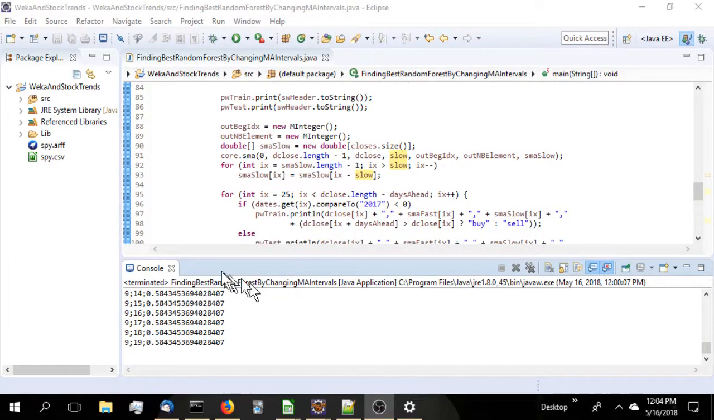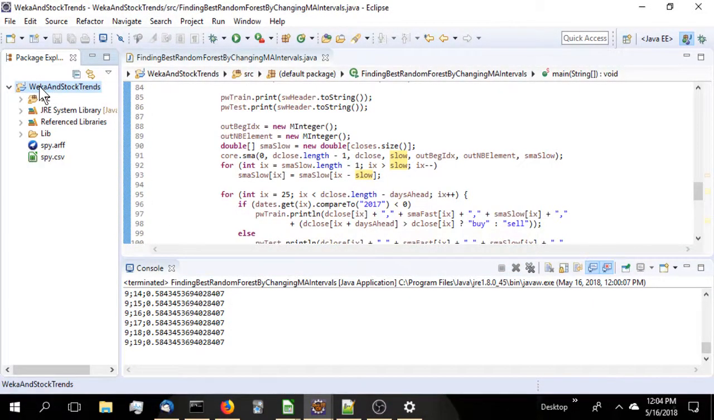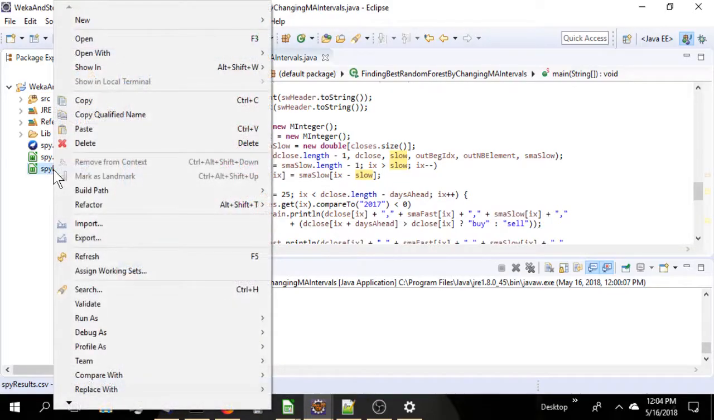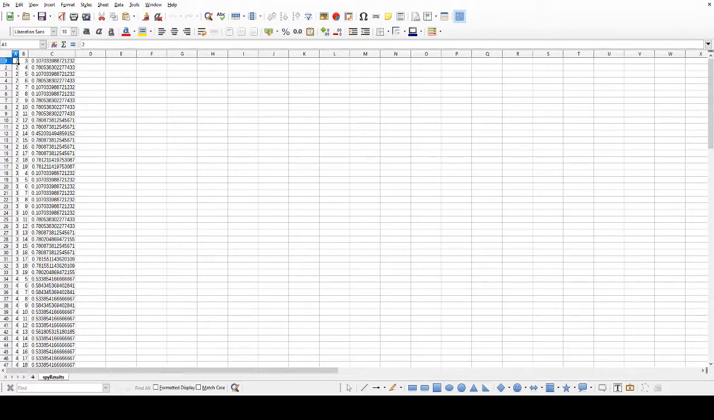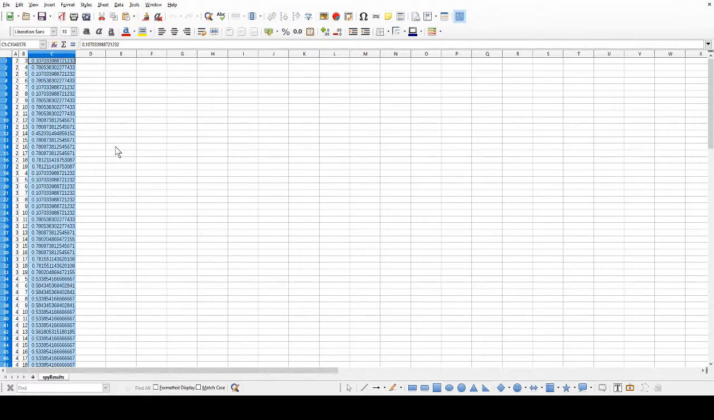It's terminated. Let's do a refresh on our project. And there's our SPY results CSV. Let's open that with the spreadsheet program. Okay, so OpenOffice wants us to import the text file, and then we will have it here. Here's our fast moving average interval, our slow moving average interval, and the outcome result, which is the weighted precision percentage. We want a high weighted precision, so let's sort this